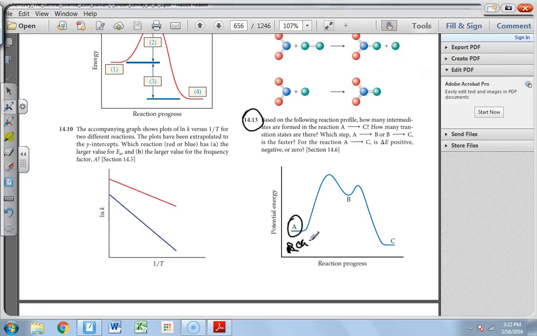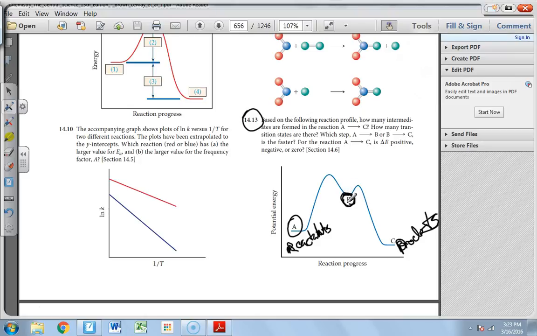reactants. Okay, reactants. And B is the products. Okay, so once we know that, it says how many intermediates are formed when this goes from A to C. Well, an intermediate is a low energy and kind of stable compound that is made in the middle of the reaction. Okay, it could be an ion. So